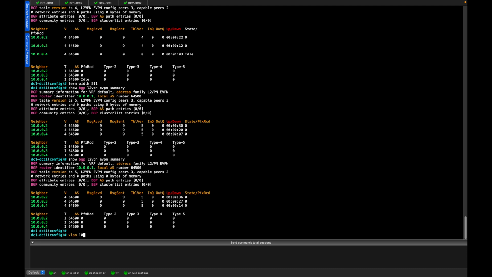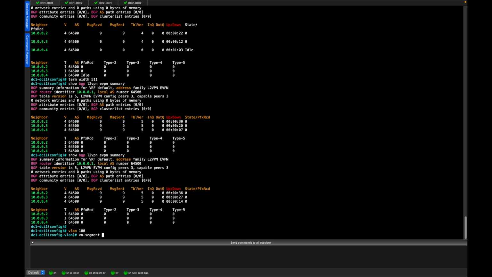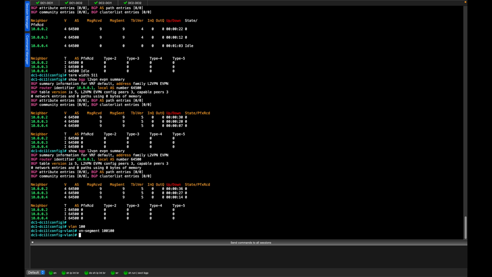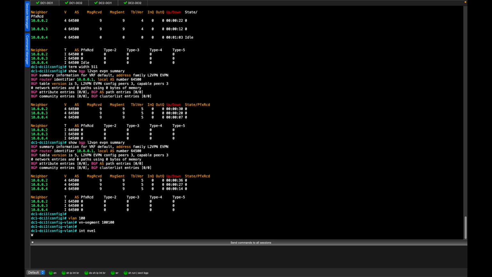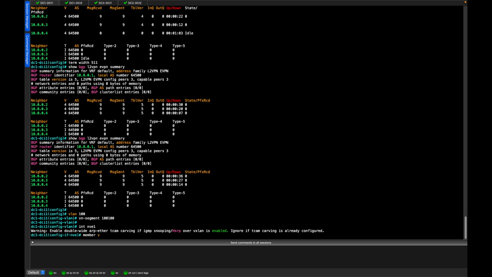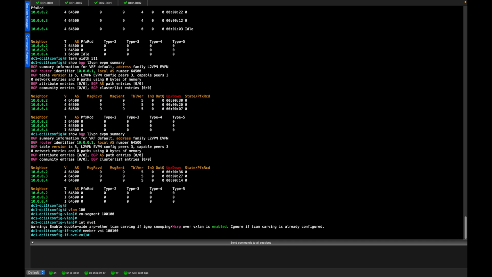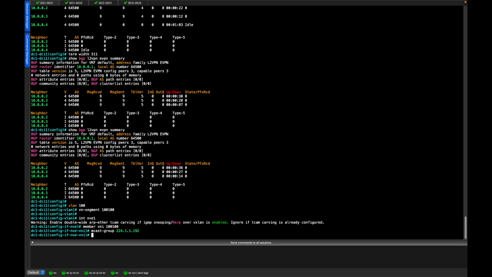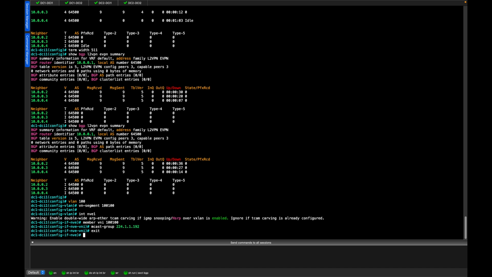So VLAN 100, we'll set the VN segment to 100100, and then in NVE1 we'll say member VNI 100100, and then the only thing we're going to do under here is say multicast group, and we're going to configure that as 224.1.1.192. Ordinarily, you've probably seen in the other videos that I've done on VXLAN fabrics, I normally enable ARP suppression,